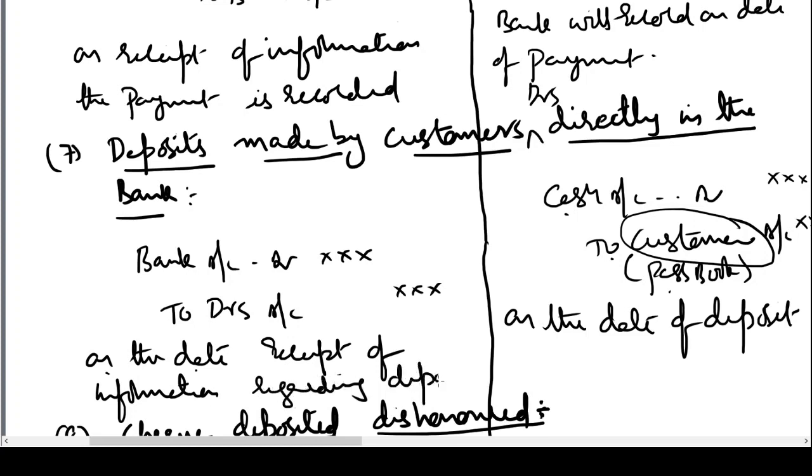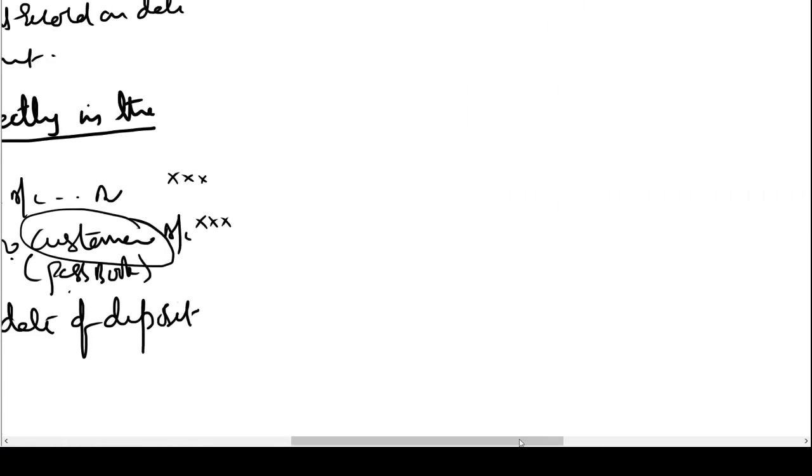So when we receive information that yes, some of my customers have made deposit in the bank, I'm going to record the entry in our books. Again, let us say 5th of a particular month, our customers, our debtors have deposited money in the bank. I came to know that they have deposited money on 10th. So during this period, the balance in my bank will be higher and the balance as per my books, that is as per the books of the business, will be lower.